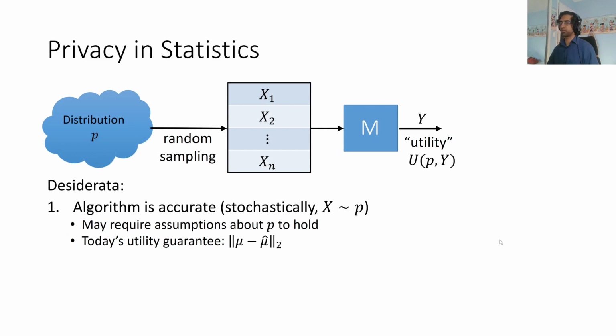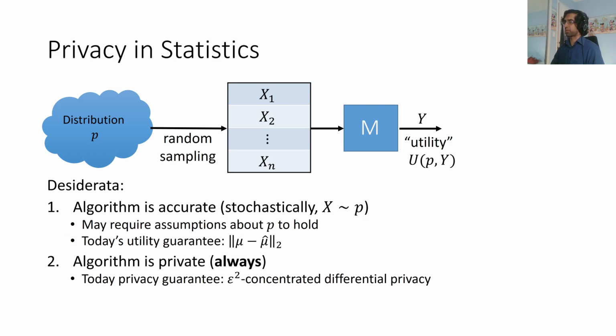So this is the classic guarantee so far, but now additionally, we need that the algorithm is private. This is the new thing that we want, and we want it to always be private. What do I mean by always? We want it such that for any x1 through xn, the algorithm M is private. In particular, even if the dataset is very low probability under the distribution, or there is some sort of contamination, we still want it to be private. The reason is that if we have some sort of model misspecification, which is our fault, we don't want to compromise the privacy of the individuals who gave us their data so kindly. So we really want a worst-case privacy guarantee here.